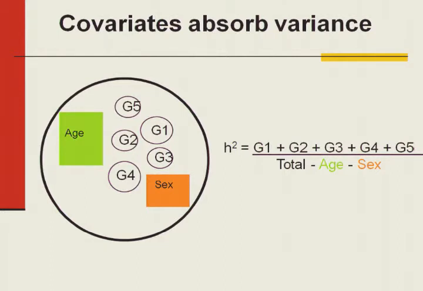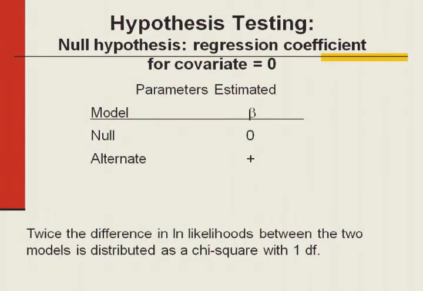So the covariates can, even if you are not interested in the covariates as an endpoint in themselves, having them and accounting for them can effectively increase your genetic signals and increase your power to find the genes you're interested in. But you have to choose your covariates intelligently. Oh, before I tell you about choosing covariates intelligently,